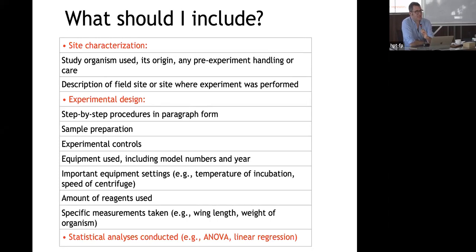Also, and this is something apart, more and more, if you have been publishing in many journals, you have probably seen this: if you want to publish in high ranked journals, they will ask you for raw data and for the script. What do I mean by the script? When you use R or SAS, these are script-based analysis packages. You need to do some coding to conduct the analysis.